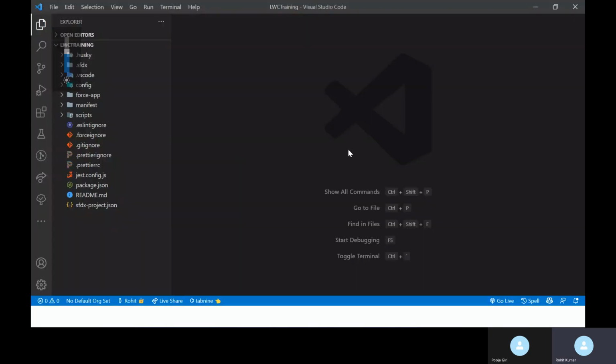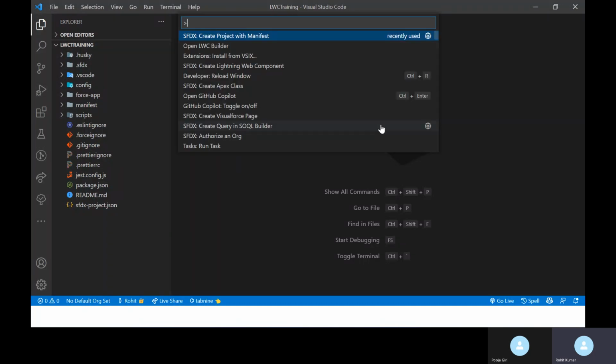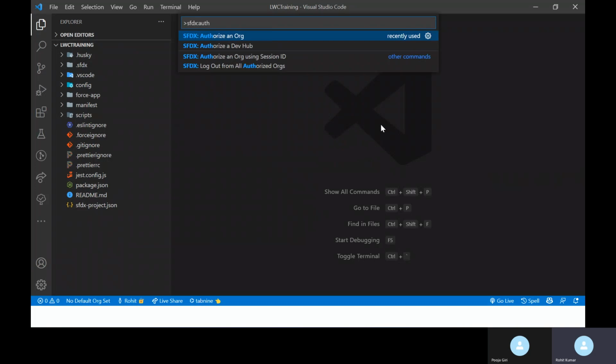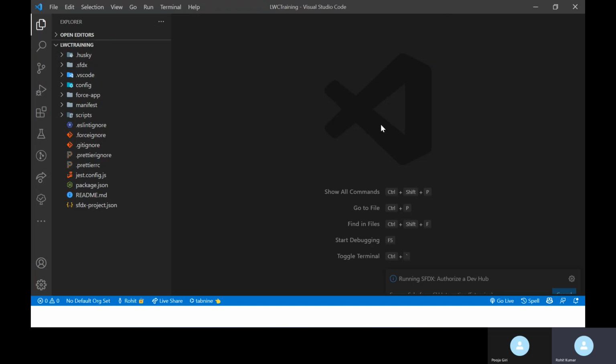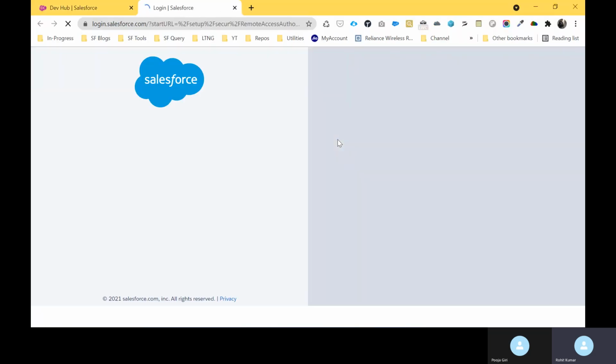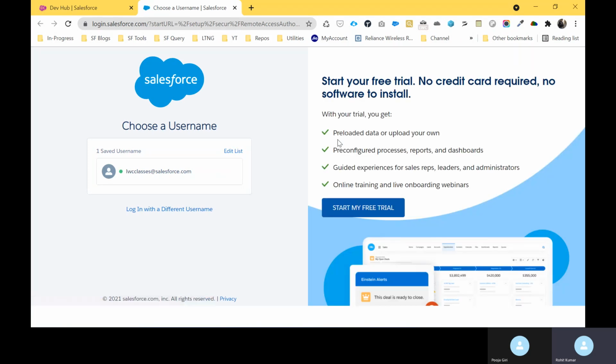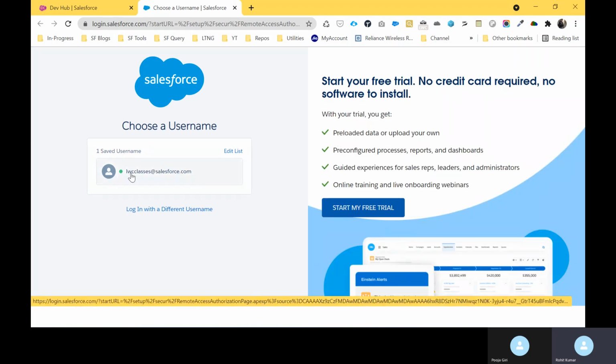So always go, first of all, Control Shift P. This is the command palette, and you have to search sfdx colon authorize a dev hub. This is the second option. Just click this one, and it shows sfdx authorize a dev hub. Here you can see my login page is open now. Just click this one because we already logged in with this username.